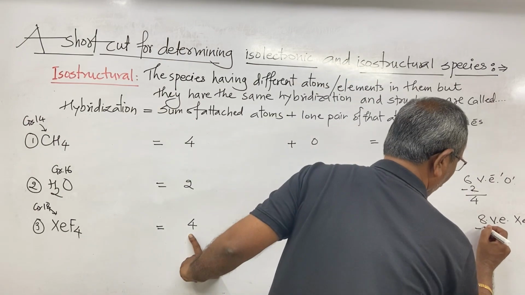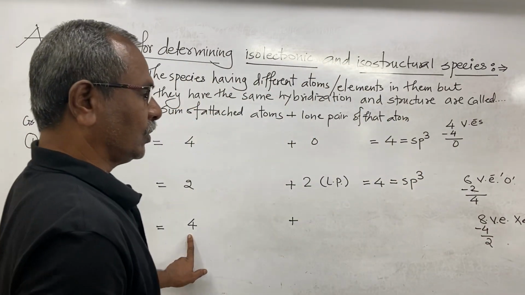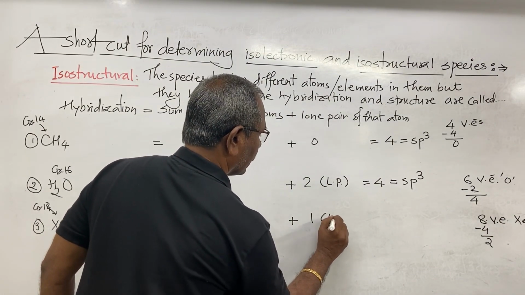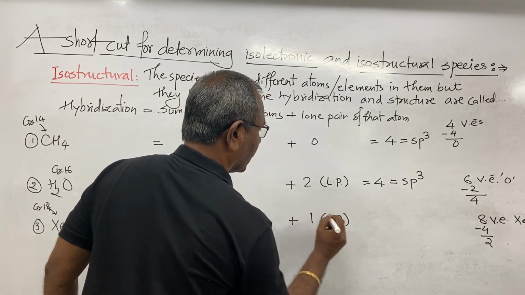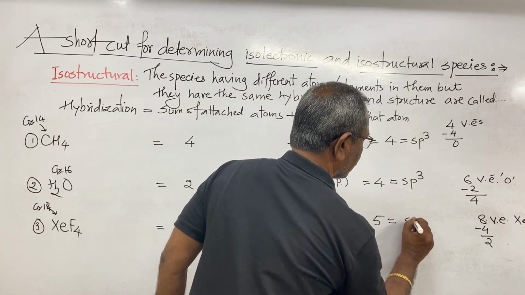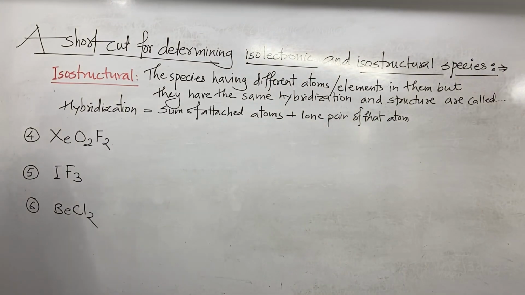So subtract 4. So what is left? Only 2. 2 electrons means 1 lone pair. So the hybridization is sp3d1. Now the next, fourth example,